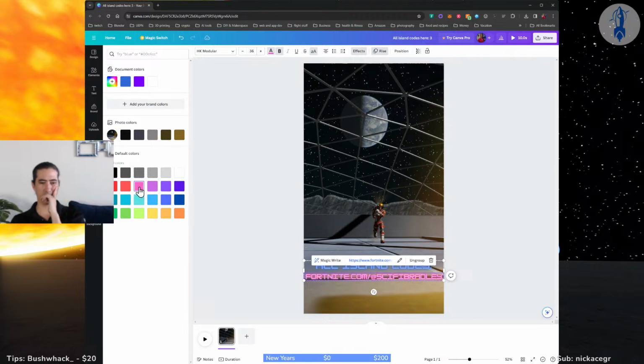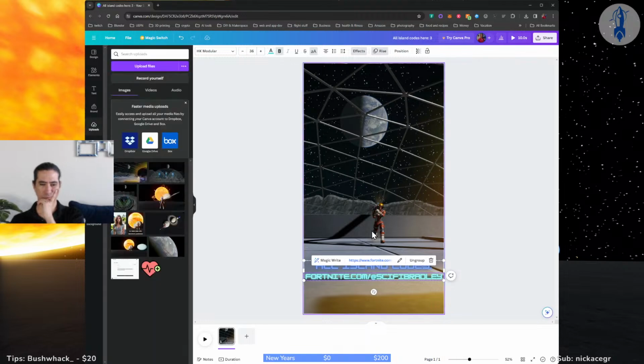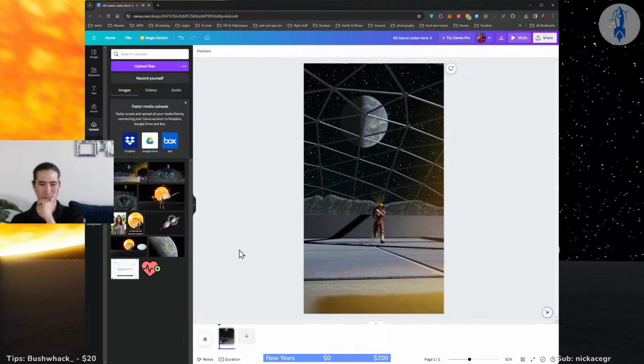That darker gets worse. It needs to be a lighter color, I suppose, yeah? Yeah, that works better.